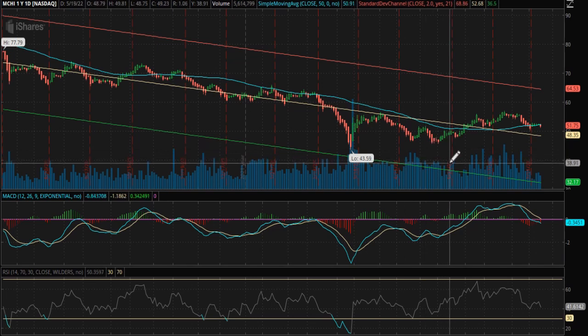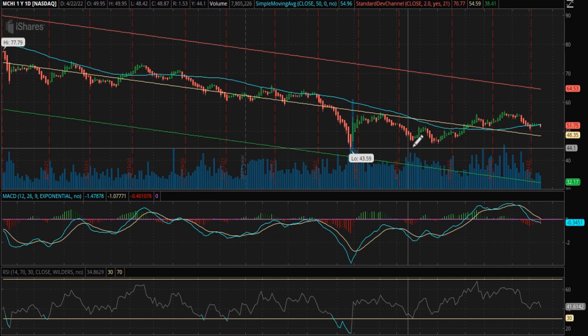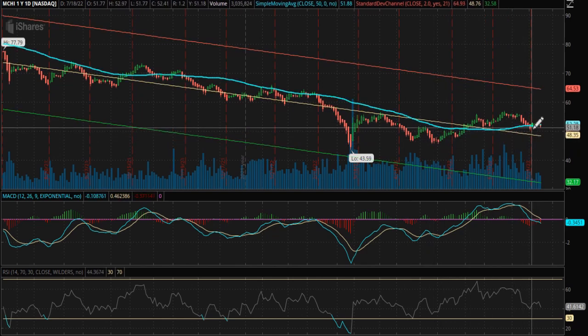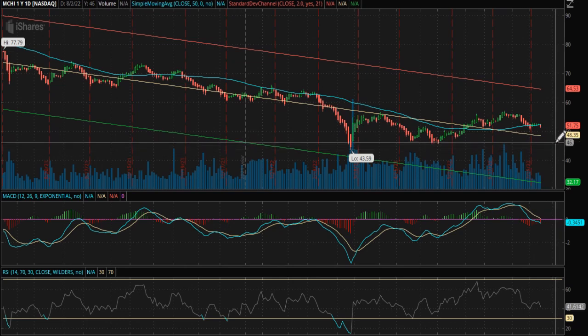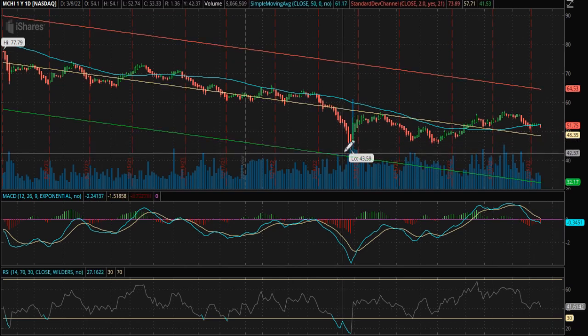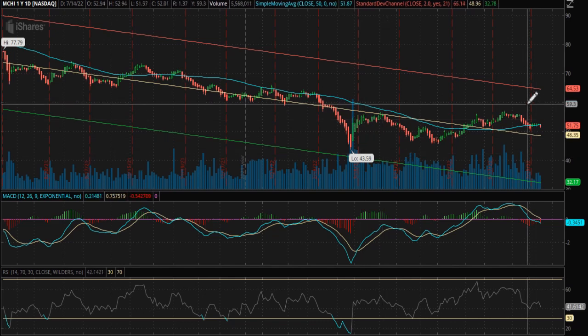So here, the Chinese market bottomed back here in March. It's been trending up ever since. Here we're testing this 50 moving average. Not sure which way this is going to break, but in general, if you had your money in the Chinese market, you would be relatively better than in the S&P 500 over the last 3 to 4 months. So something I'm watching very closely, and looking at Alibaba,